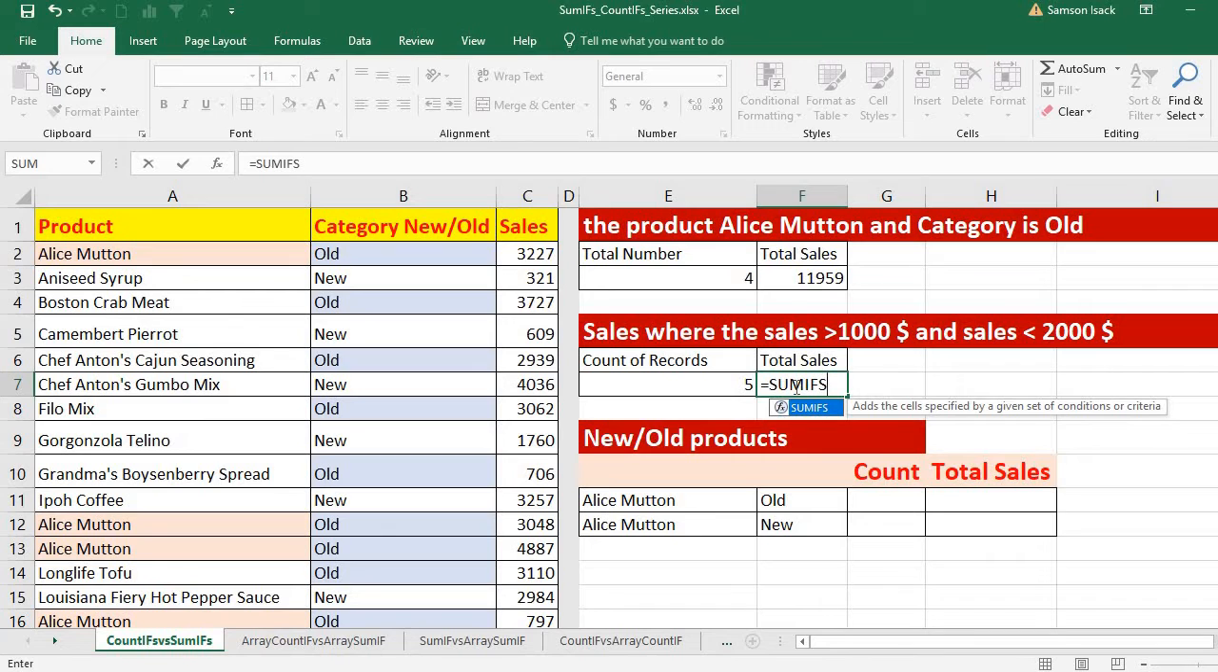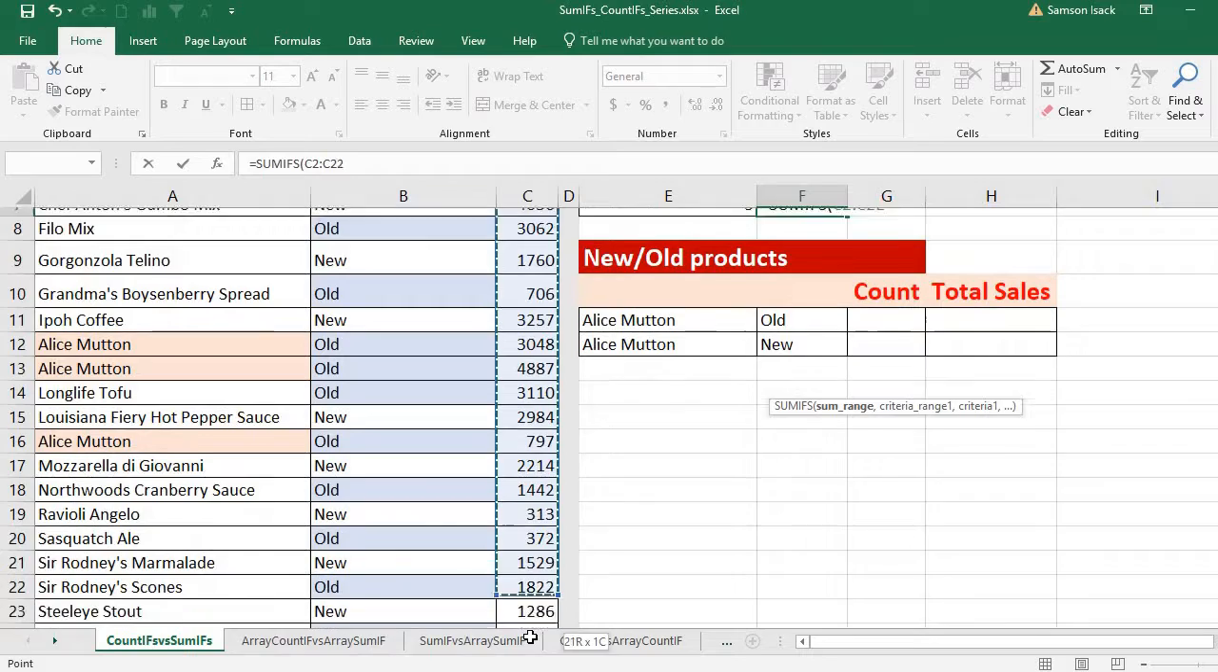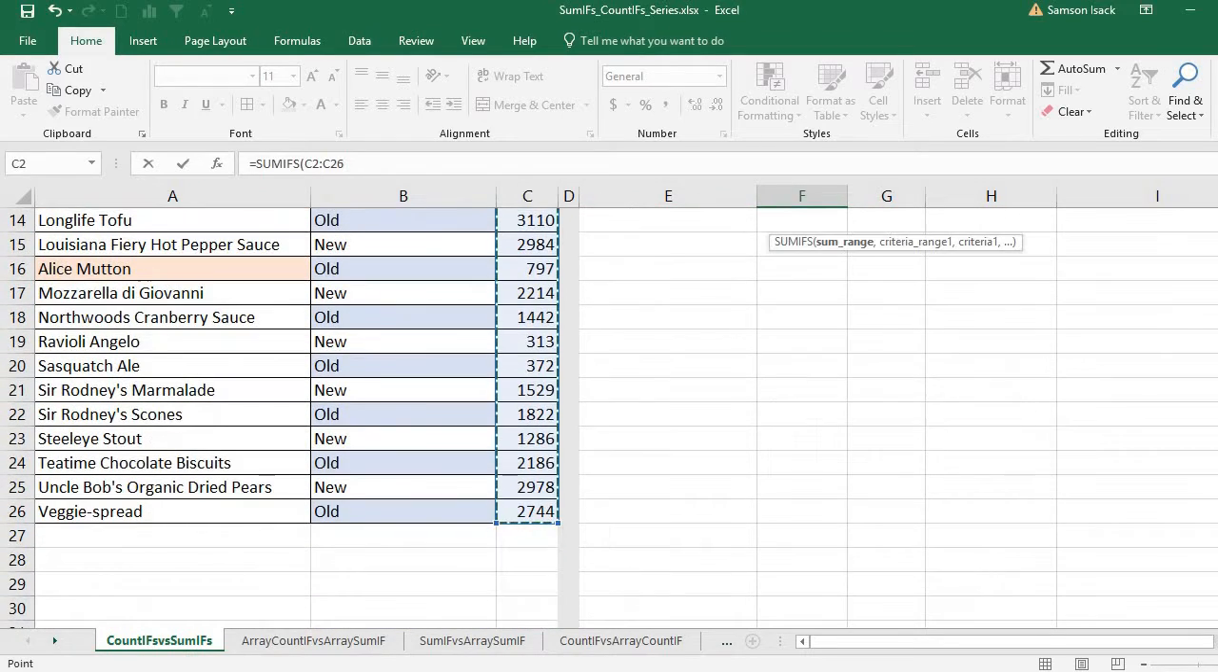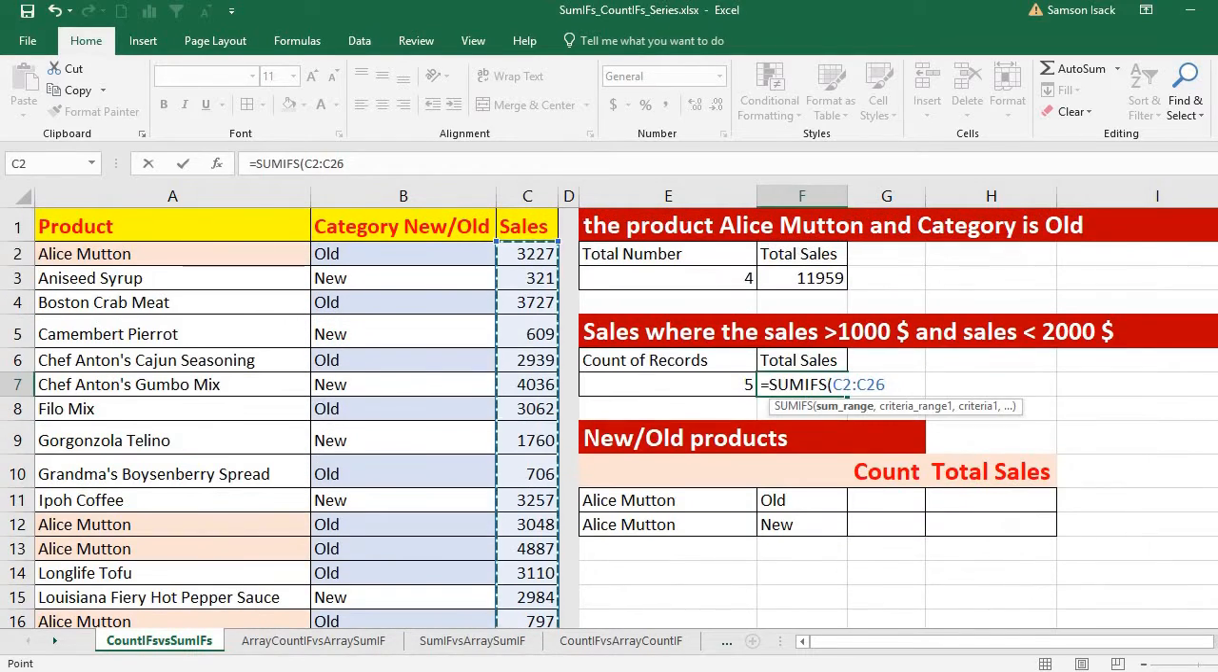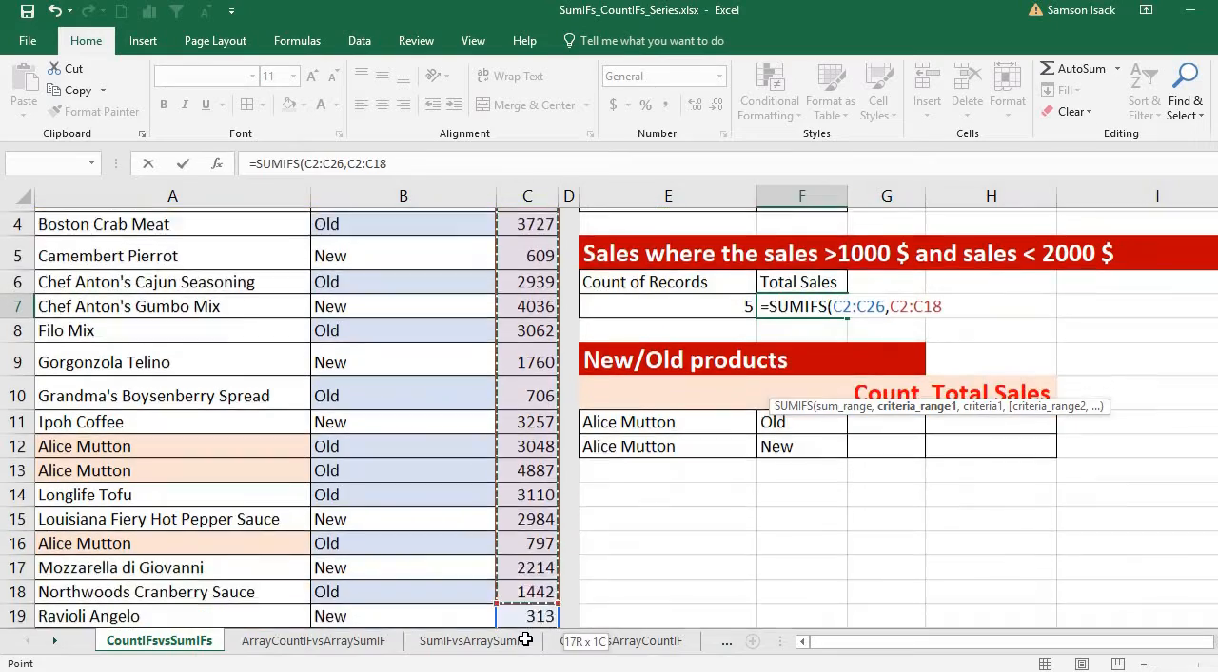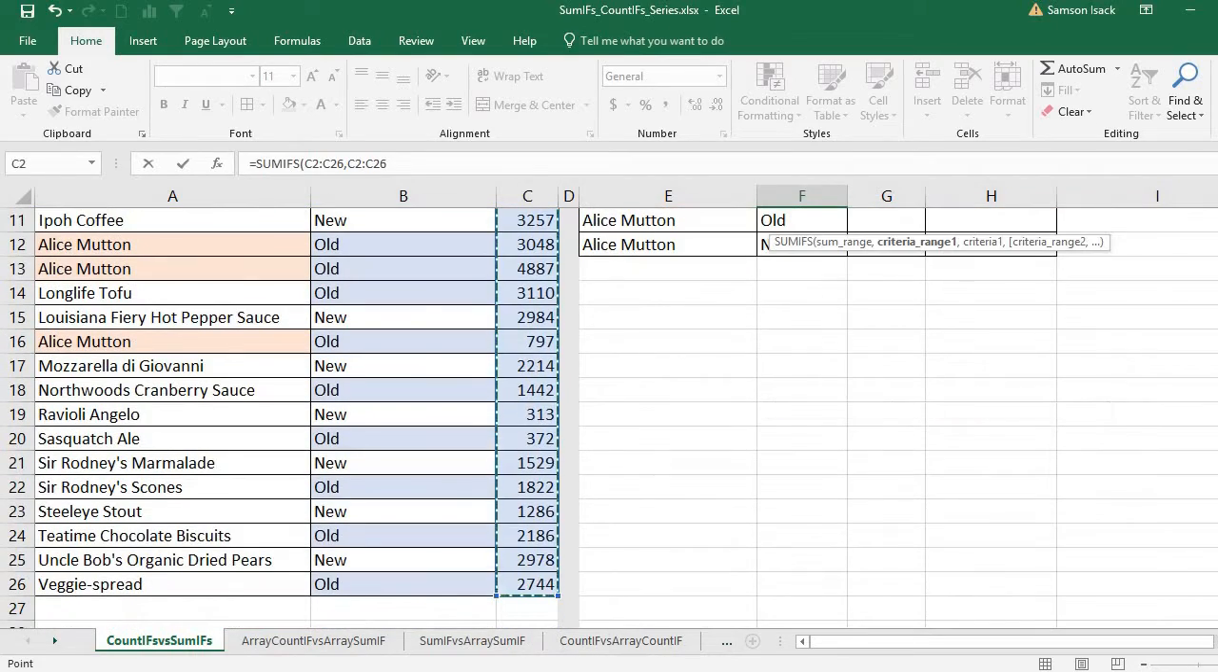SumIFs. Sum range is sales. What is the value you want to add? Sum it up, which is obviously sales. Okay, now starts the criteria. For a count we don't have a sum range because we are just counting, we are not adding anything on the sales column. Okay, criteria range, again sales, where to check in the sales,